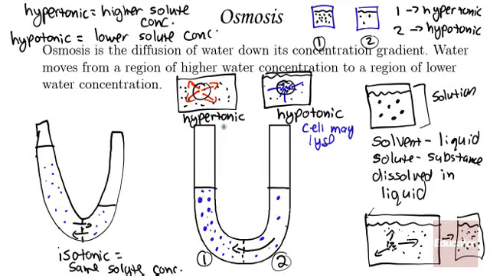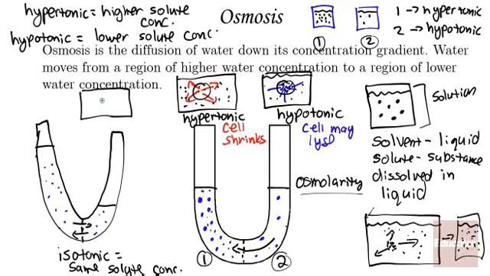The end result will be that the cell will shrink. If you place a cell in a solution that is isotonic, it has the same concentration of solutes, or we sometimes say the same osmolarity. Osmolarity refers to solute concentration. So if these two solutions have the same osmolarity inside the cell and outside, and it's an isotonic situation,